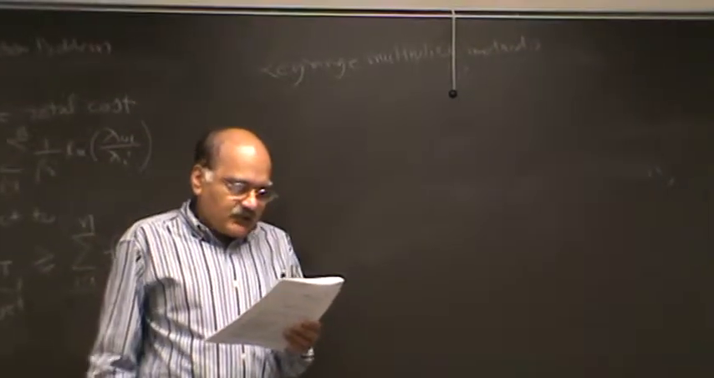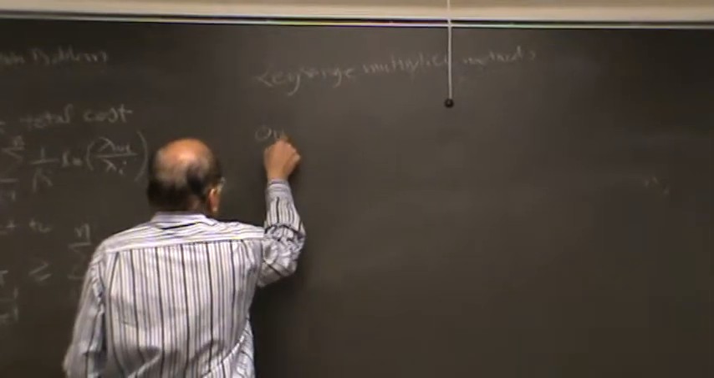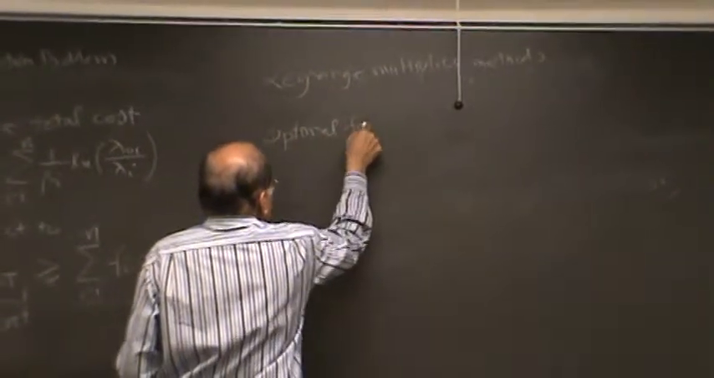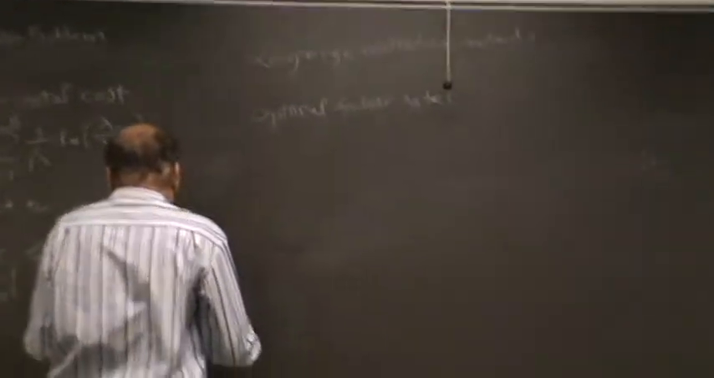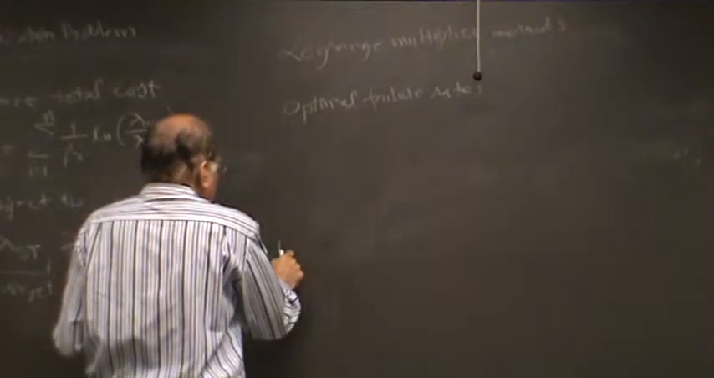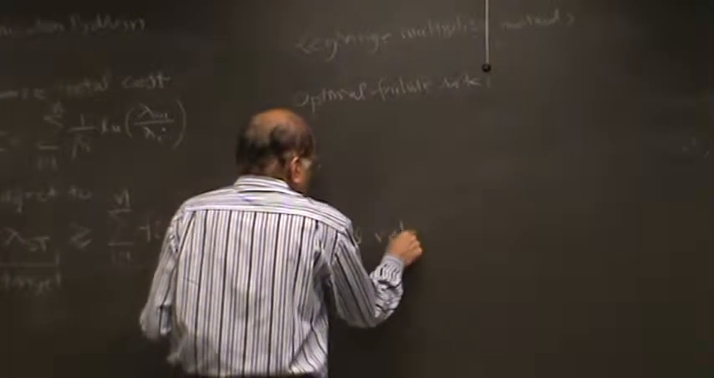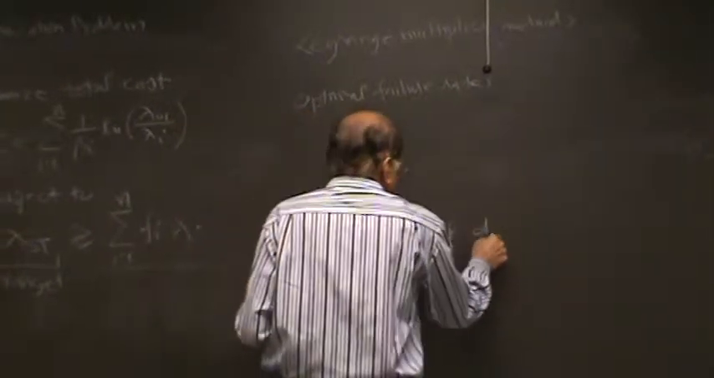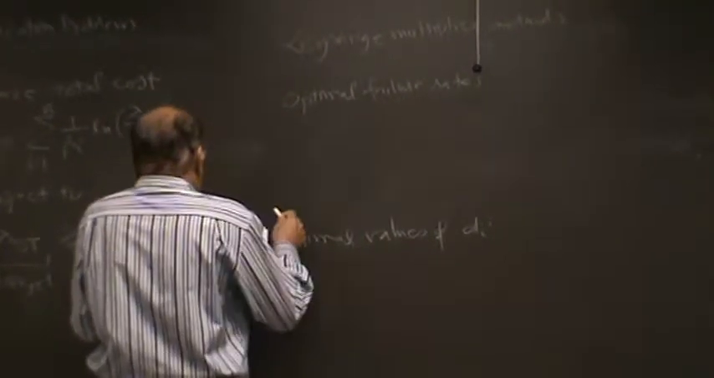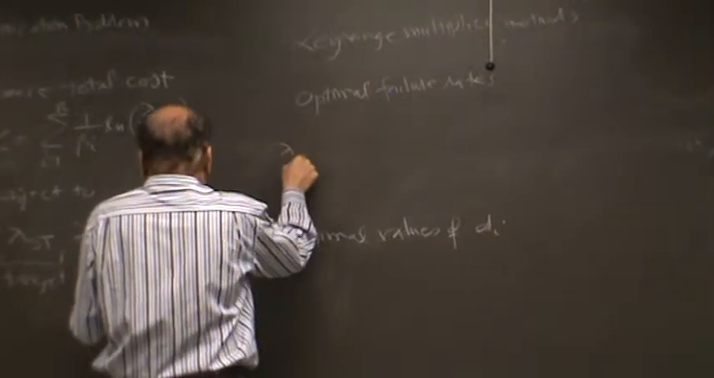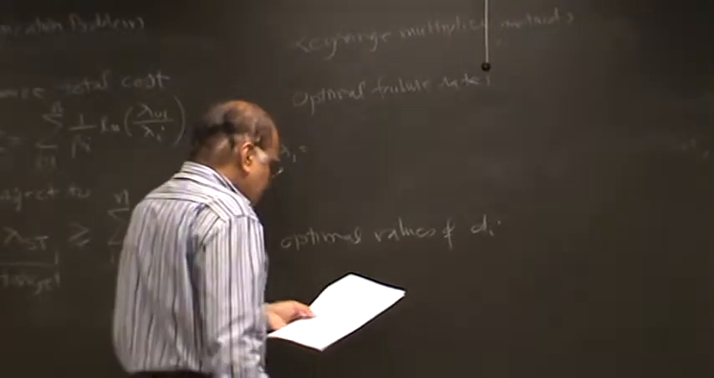solved it. And using the Lagrange multiplier method, you can get the optimal failure rates. So I will tell you the optimal failure rates, and down here, optimal values of D. Okay, so the optimal failure rates. So the expression for lambda 1 is different, and that is equal to